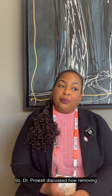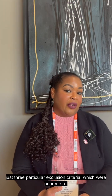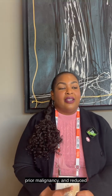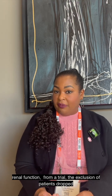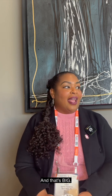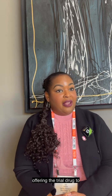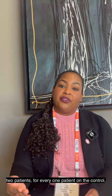So Dr. Prowell discussed how removing just three particular exclusion criteria, which were prior meds, prior malignancy, and reduced renal function from a trial, the exclusion of patients dropped from 48% down to 2%. And that's big. And another thing that she discussed was offering the trial drug to two patients for every one